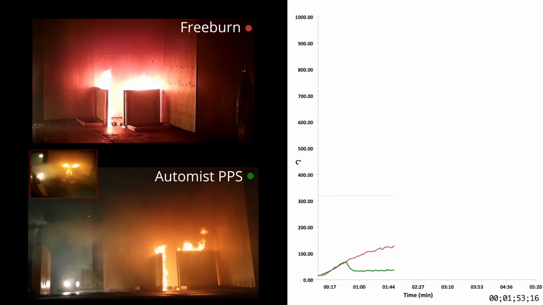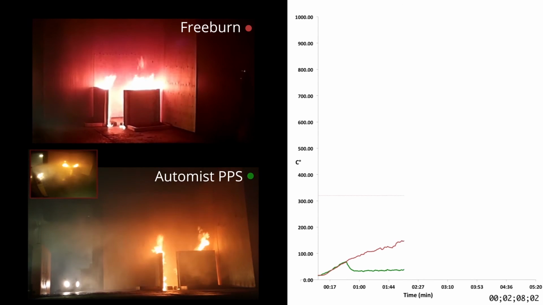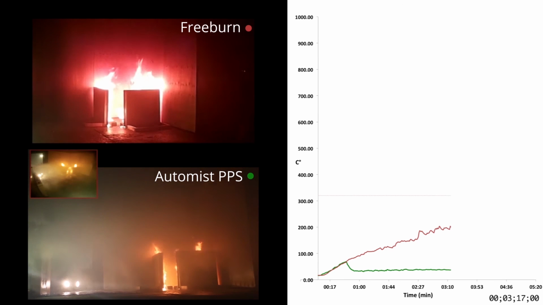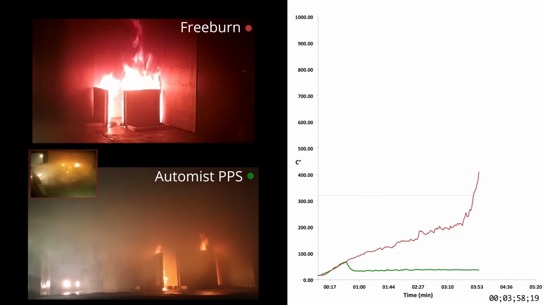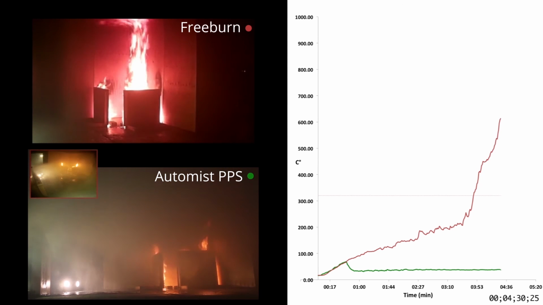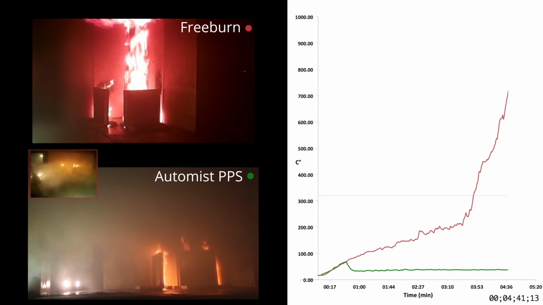This has also been tested in a wide variety of configurations, not just clothing fires, but furniture fires, including ones in which the fire itself was somewhat shielded. As you can see from the graph that's being generated on the right-hand side of your screen, the red line is the one without any protection in the free burn mode. The green line represents the conditions with the PPS in operation, and that is even with a significantly shielded fire. So you can see that it's effective even in that event, even if it's shielded.